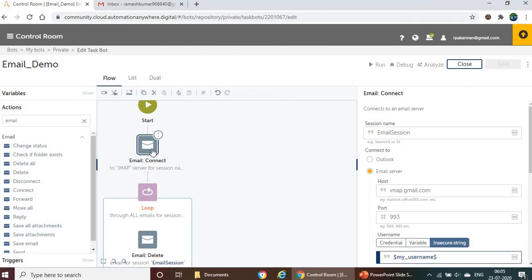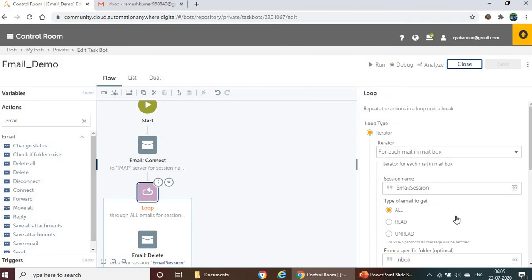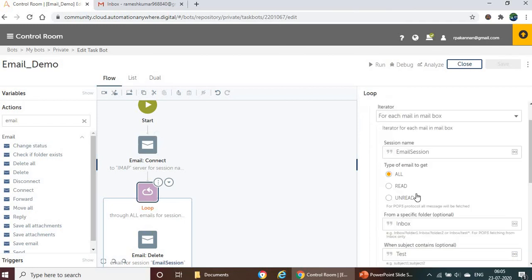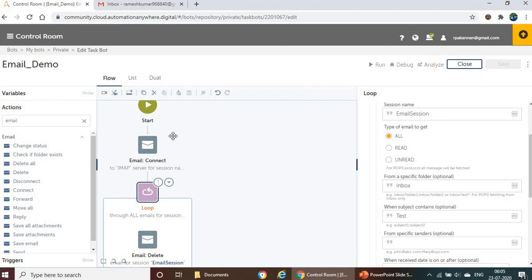For the forward or reply, we don't need an IMAP address, since we are providing the SMTP address within this action list, so you don't need to mention anything else. We are using this IMAP only to read the emails from the server. When you read the emails, only then can you extract the information from all emails, as well as apply the logic. That's the reason we have used the IMAP. It's very simple.